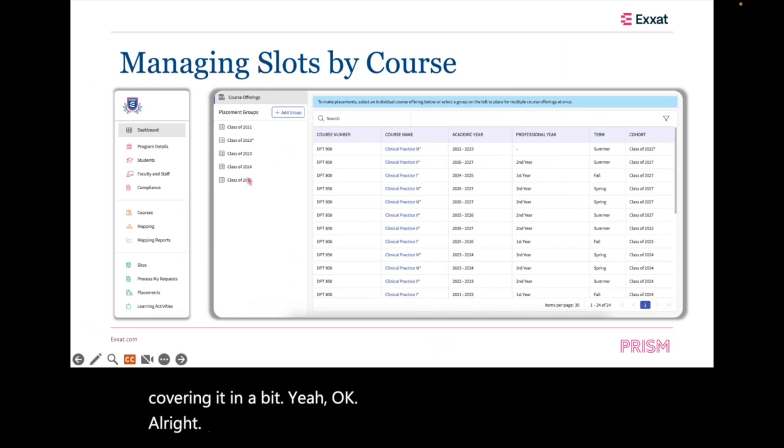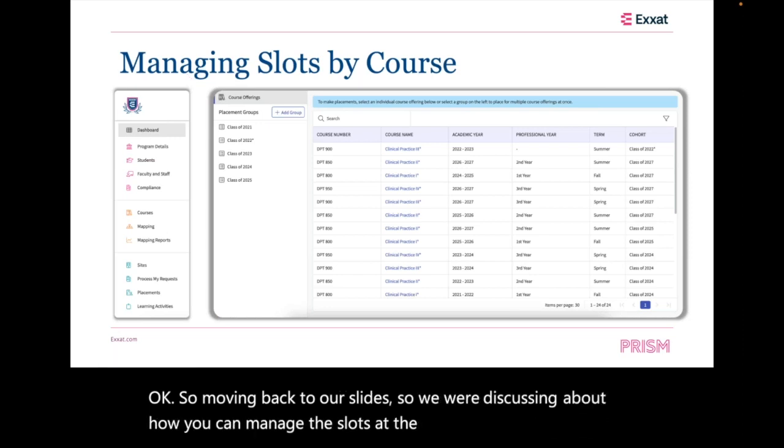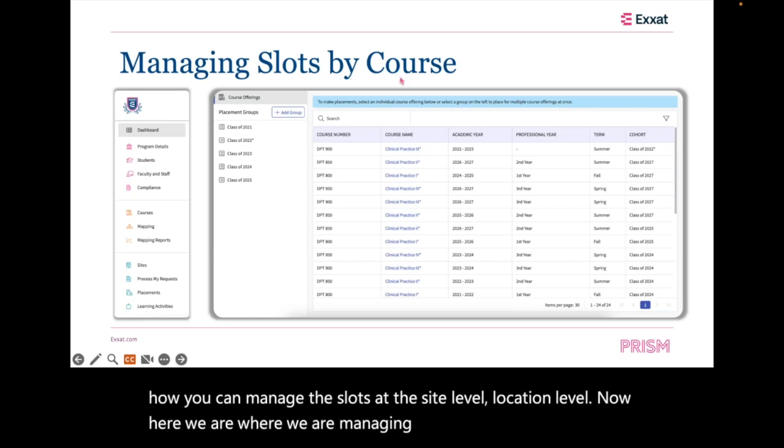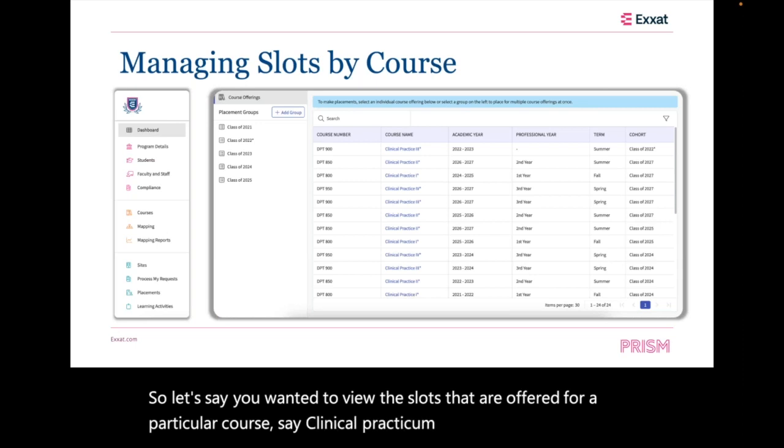All right, so moving back to our slides. We were discussing how you can manage the slots at the site level, location level. Now here we are managing the slots at the course level. So let's say you wanted to view the slots that are offered for a particular course, say Clinical Practicum 1. Then you will go